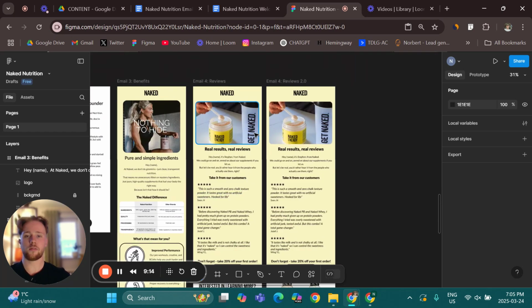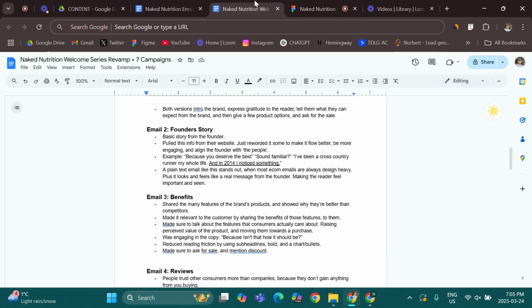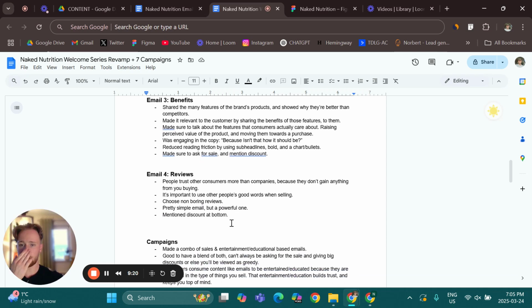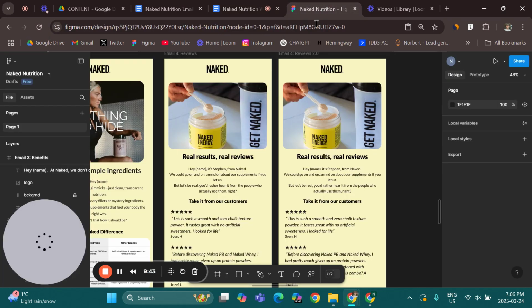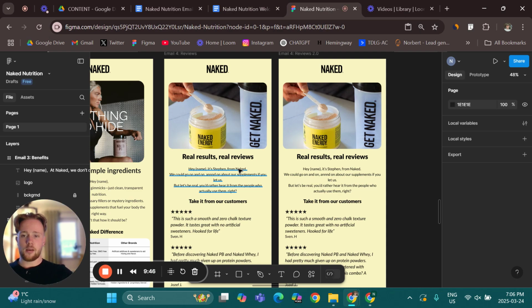Lastly, we've got the reviews. So, a reviews-based email. Always use social proof if you have it. It really helps to reinforce everything we've talked about thus far, because most people are going to take the word of another consumer more seriously and find them more trustworthy than the brand. And because the brand is selling you something, they have something to gain. So I kind of